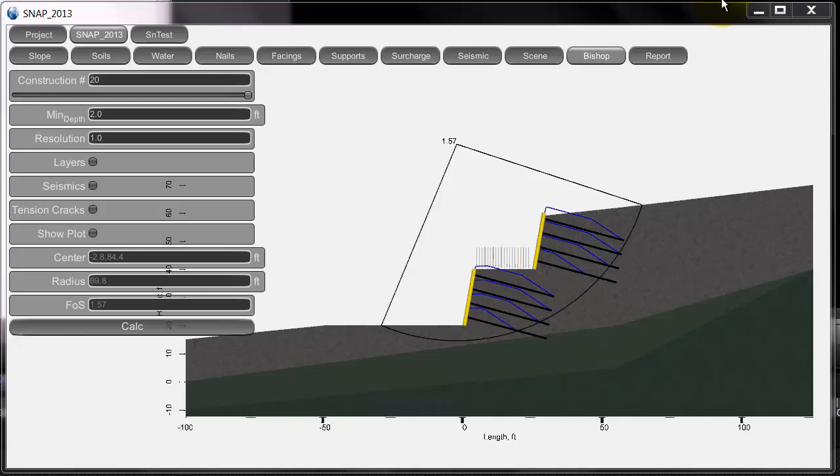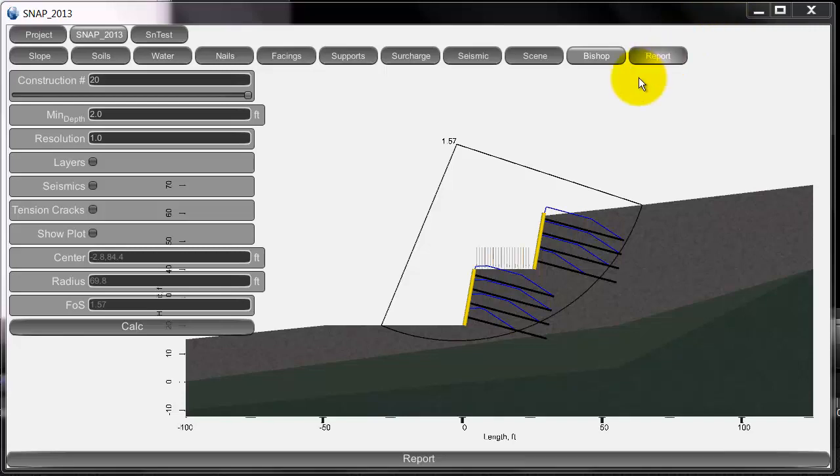This is the SNAP 2013 tutorial for the Bishop tab, which is a modified Bishop global stability. The first box up here is a construction number, which you've already seen. It just sets which staging cut or construction cut we're on. And then here's a minimum depth, so you can eliminate very small